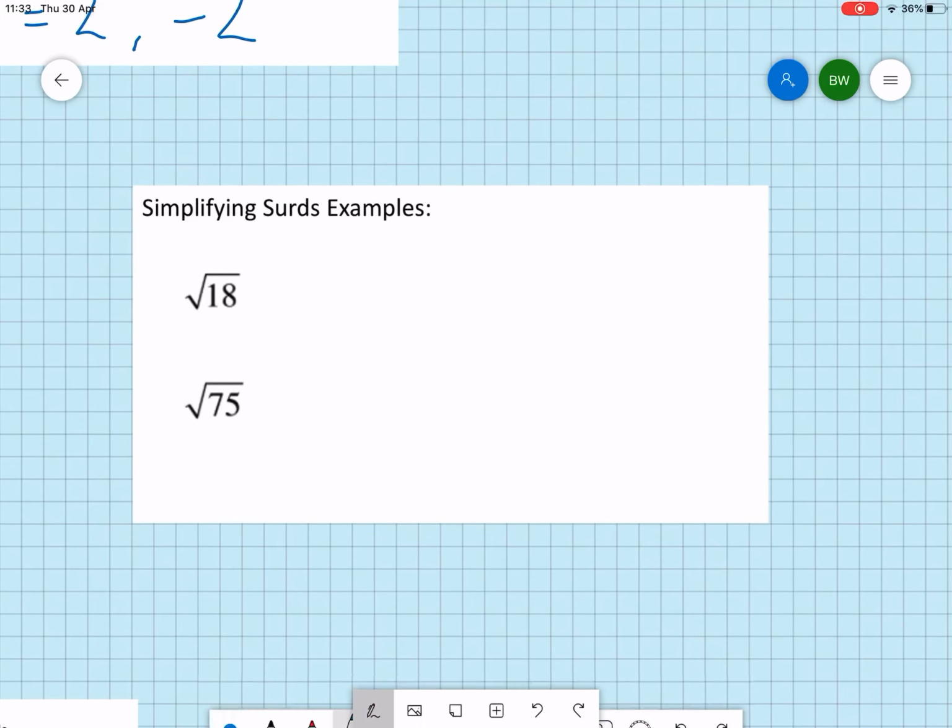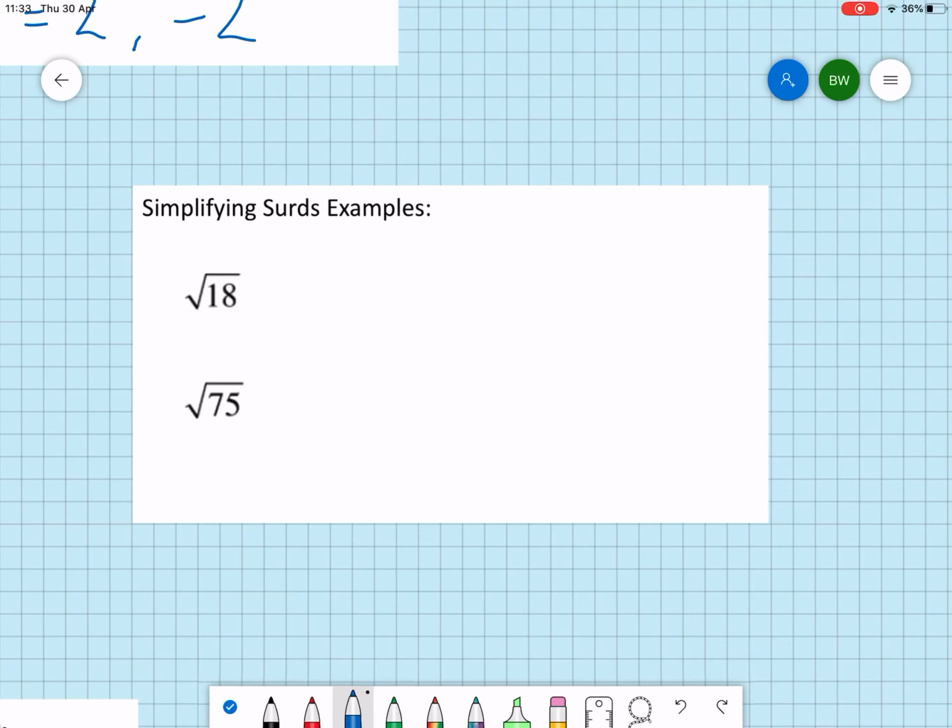If we look at this as an example, so the square root of 18. Now I'm going to first write out my factors of 18. So I've got 1 and 18, 2 and 9, 3 and 6. And I'm deciding whether any of those are square numbers. Actually, I'm going to use 2 and 9 because 9 is a square number. That's going to help me to simplify